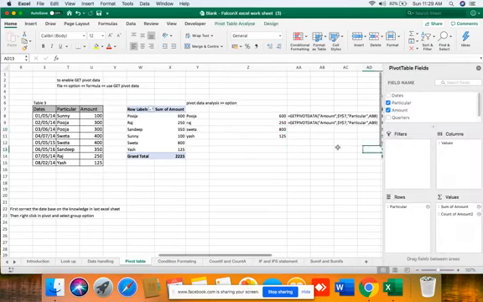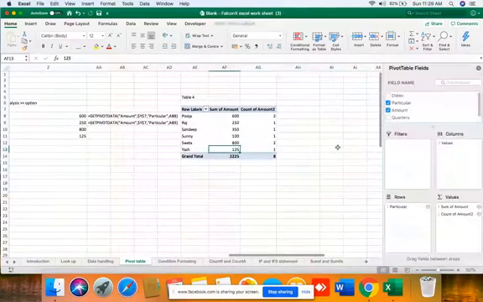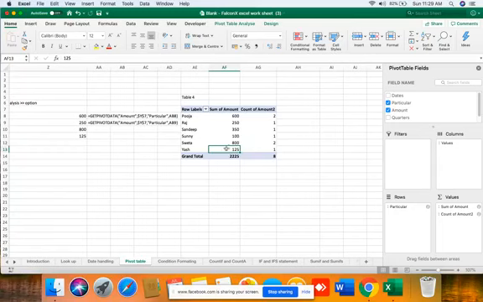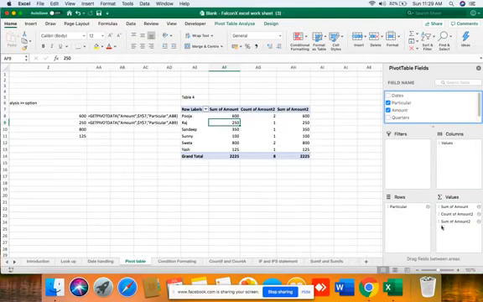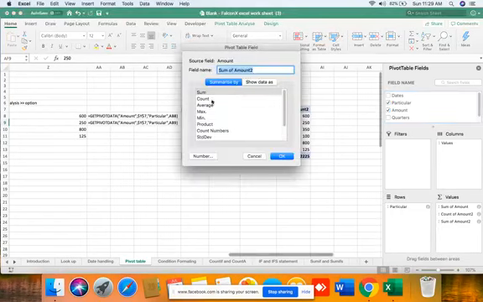This was for get pivot data. Now one more method for pivot is, if you want to do number of times an item is repeated, you have to just drag and drop the column and then go under the header field setting.